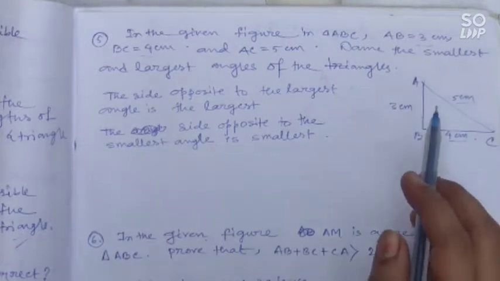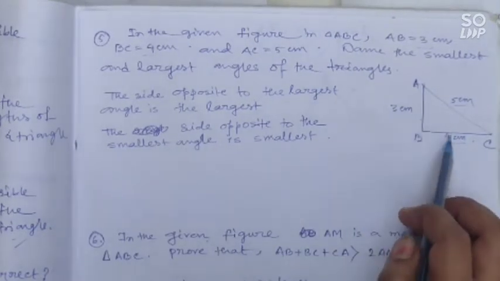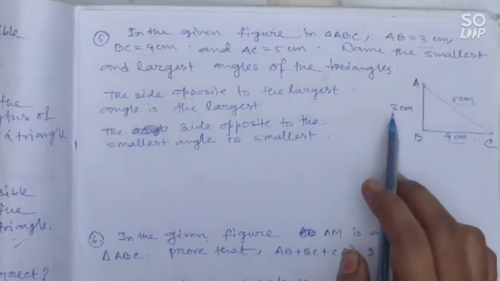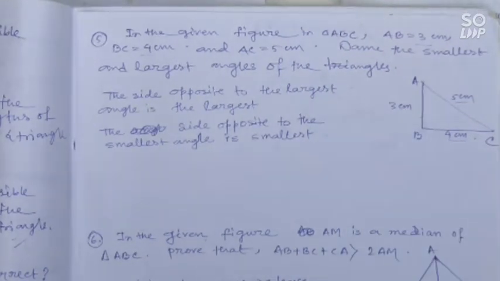So you know that in a triangle, the angle opposite to the largest side is the greatest angle and the angle opposite to the smallest side is